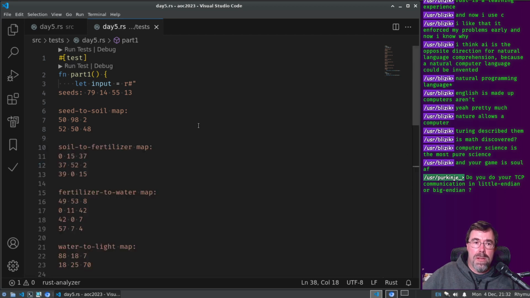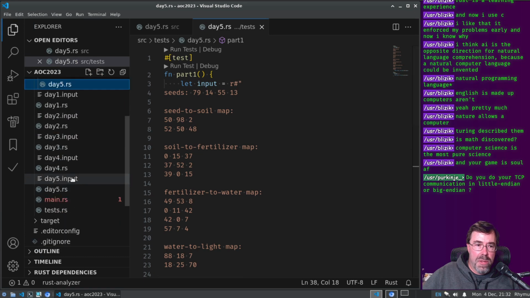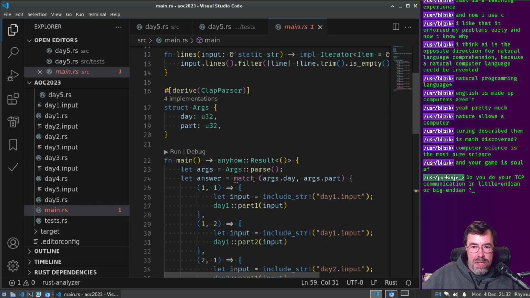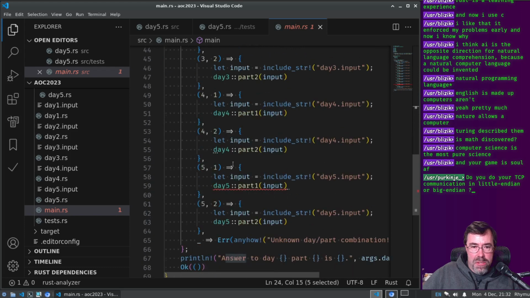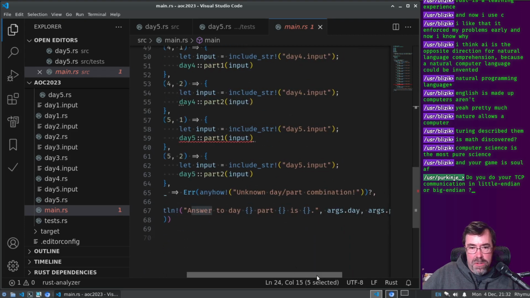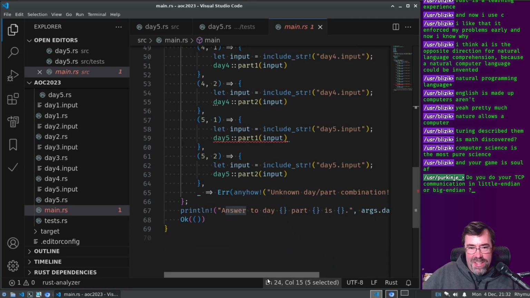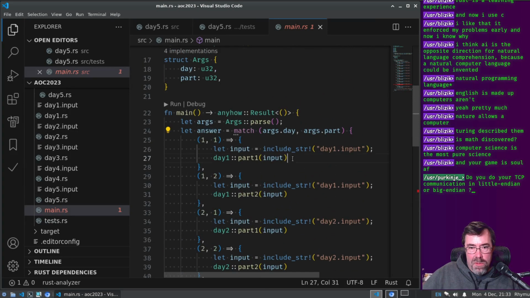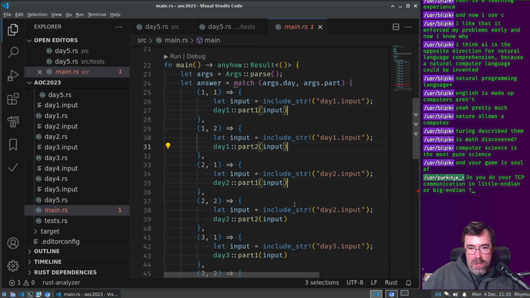Oh, it doesn't build because in our main, it's expecting that we're returning a, the answer is a U64, right? Crap. You know what I'm gonna do is these are already all written.